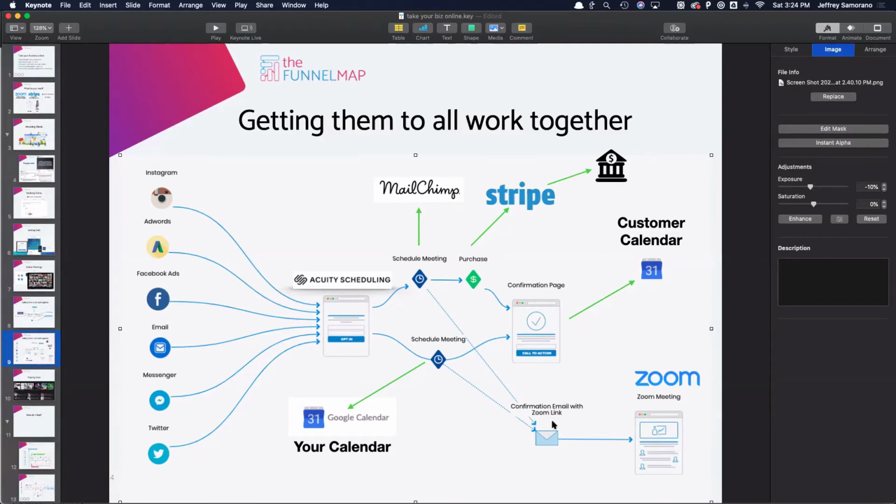It's got the link to add it to their calendar. And depending on how you set it up, you can send them multiple reminders, or a single reminder, but they get a link and it takes them right to your Zoom meeting. And essentially, going back to